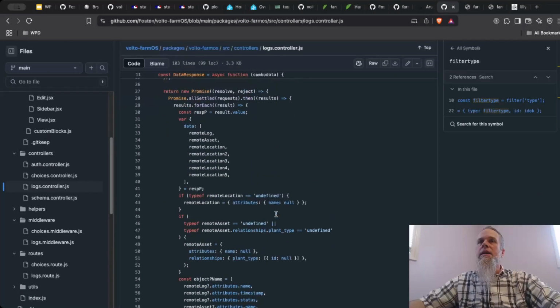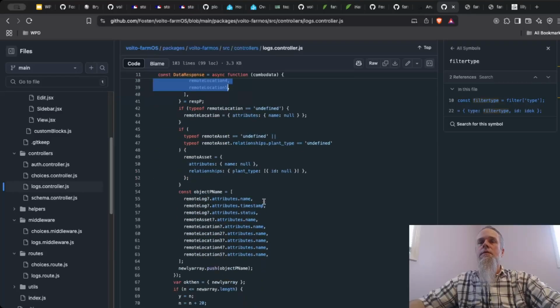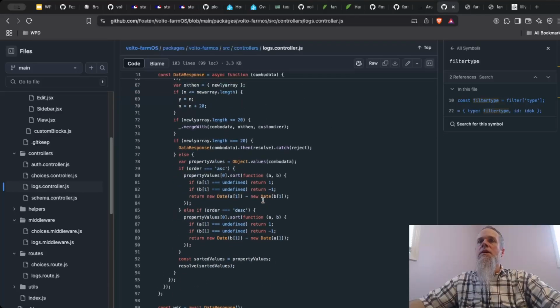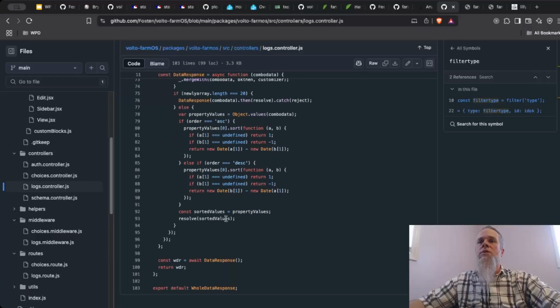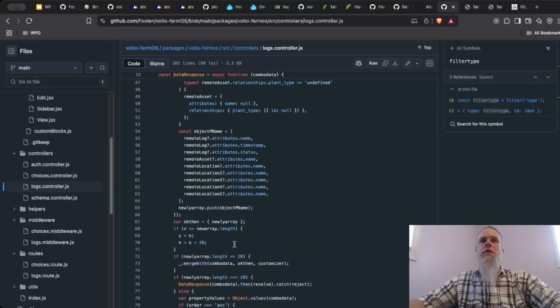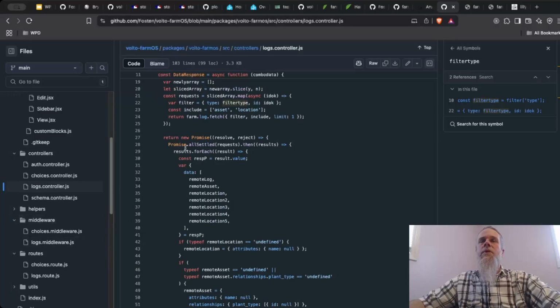And then we are taking that data. You can see that we are returning the log name, the asset name, and up to 5 different locations. And then we are taking that and sorting it based on ascending or descending, and then we're resolving those values to the /logs. Okay, so what this enables us to do